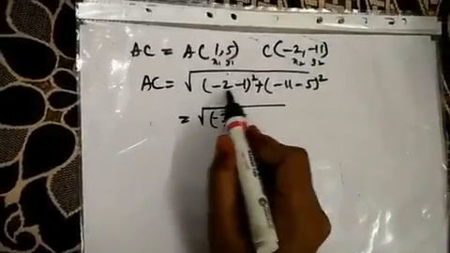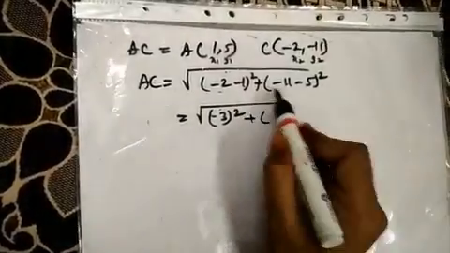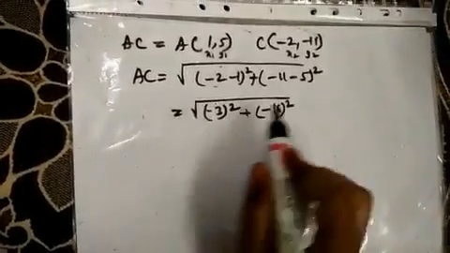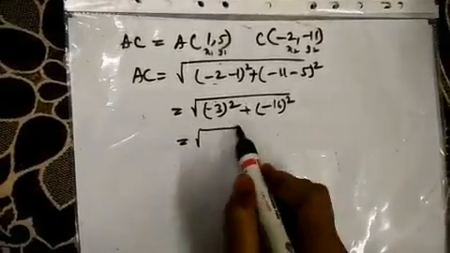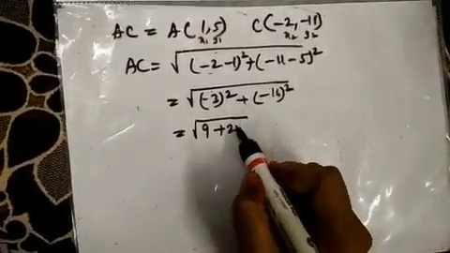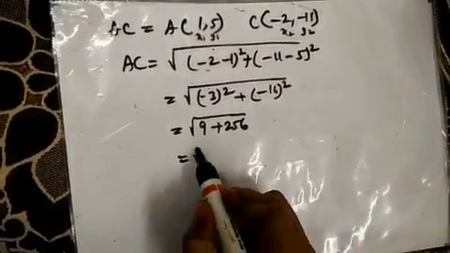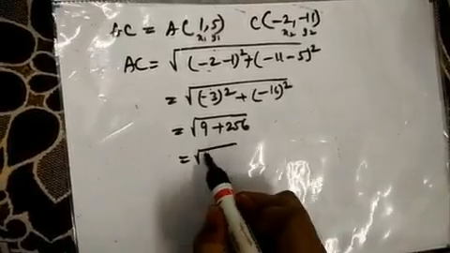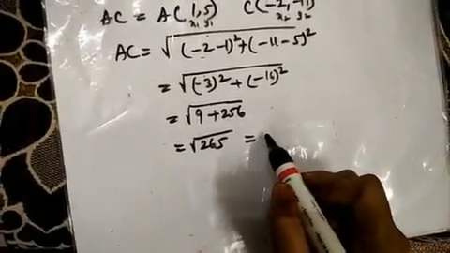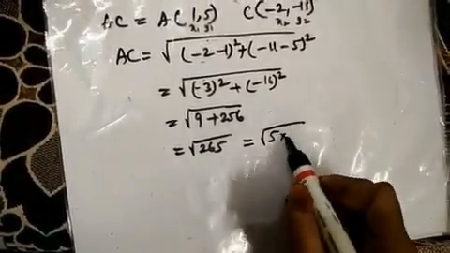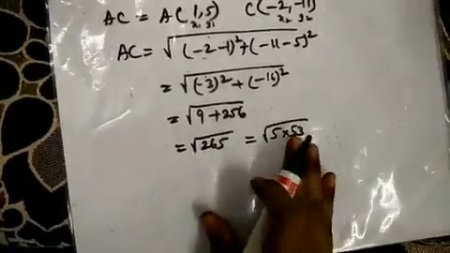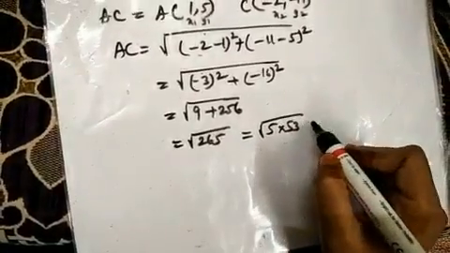whole square. Don't do any mistake in subtraction, whole answer will go wrong. Same sign you have to add, whether it is a subtracting sign also you have to add, because they are of the same family. 3 3s are 9, and 16 into 16, how much it will be? 256, and on addition you will be getting 265, and on square root you will be getting like 5 into 53. If I am trying to split it out in a perfect square, I am not getting it. So I'll just stop it here. I'll just say these many units.